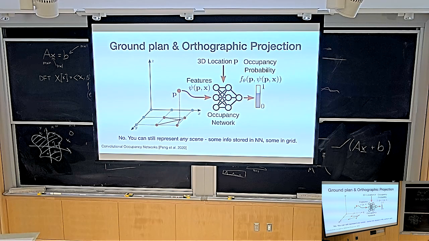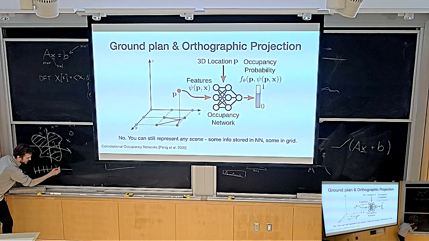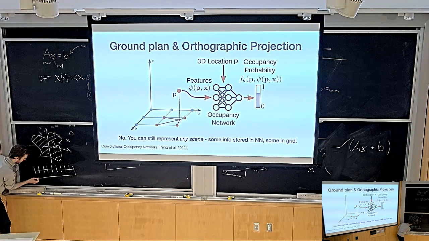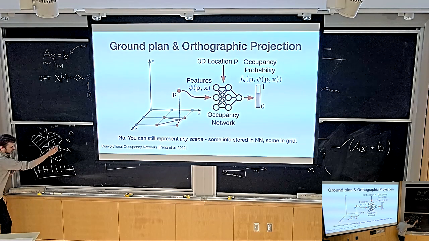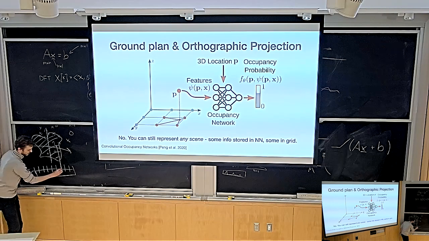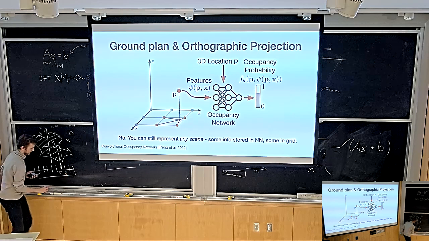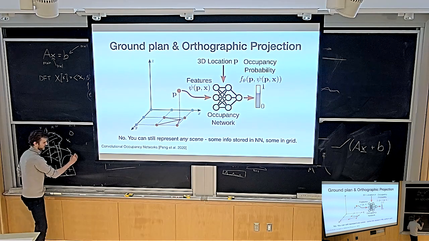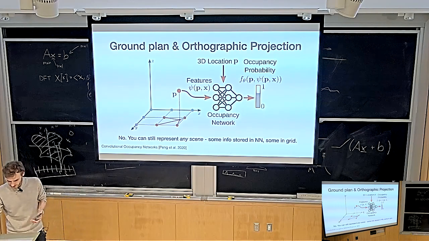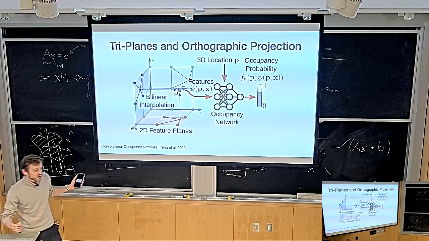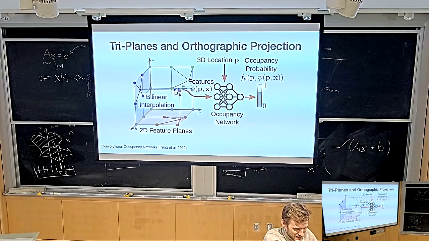Or in this example here, just to be clear, you could say, I'm going to discretize this axis and make this an array, and in each of these bins I'm going to store a feature. If I want to get the value of this coordinate, I'm going to drop it onto my bin and interpolate the features, like F1 and F2. I'm going to give this to my neural network, and that's going to give me the occupancy value. And then you can go crazy. You can say, I'm not going to have one plane, I'm going to have 3 planes. I'm going to store 3 planes in space.